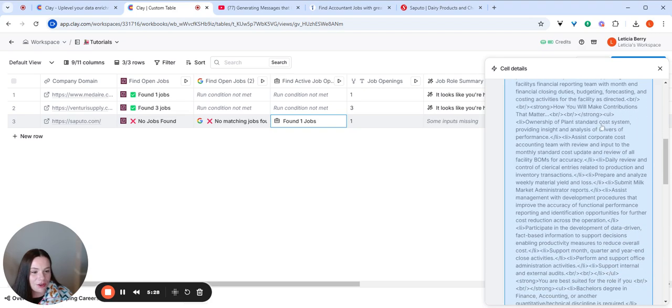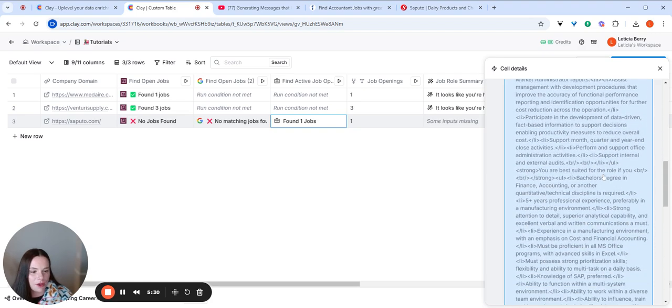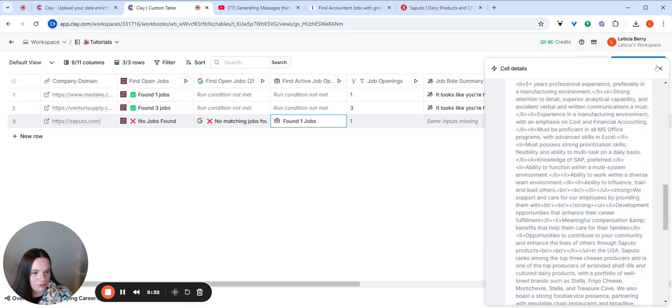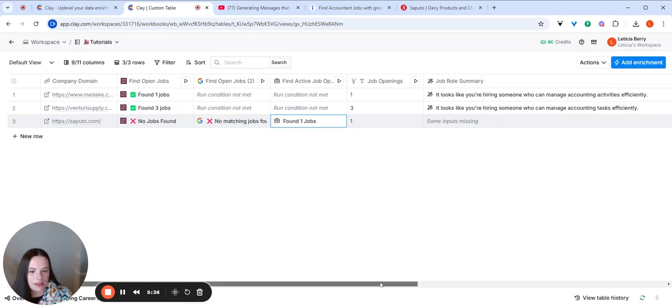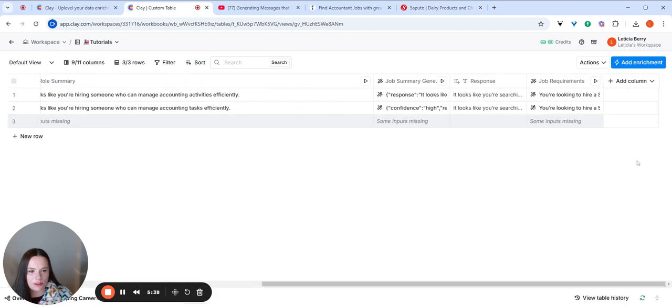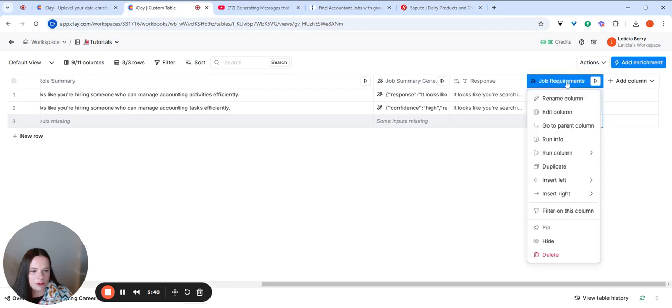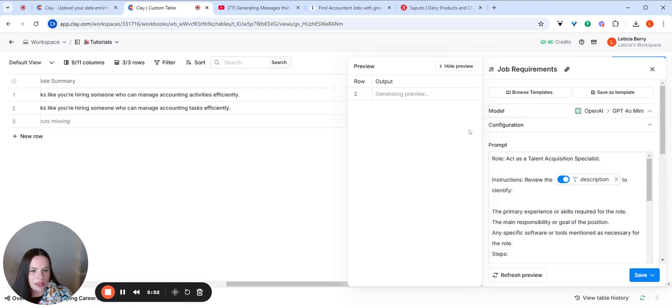We can see they're looking for a cost accountant here. Okay. SAP is preferred. So let's see what the AI can do. I'm not going to run these ones because they're the bad ones. I am going to run this one. Some input is missing. Oh no. Okay, and you know what? I think what the issue is here is that